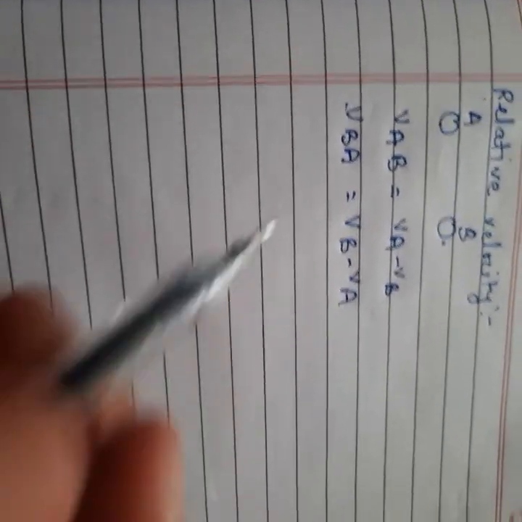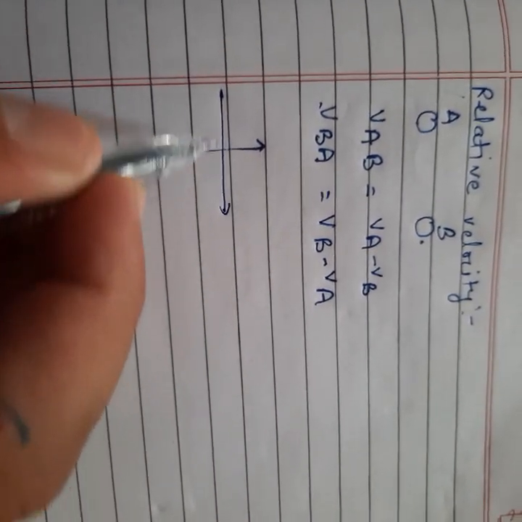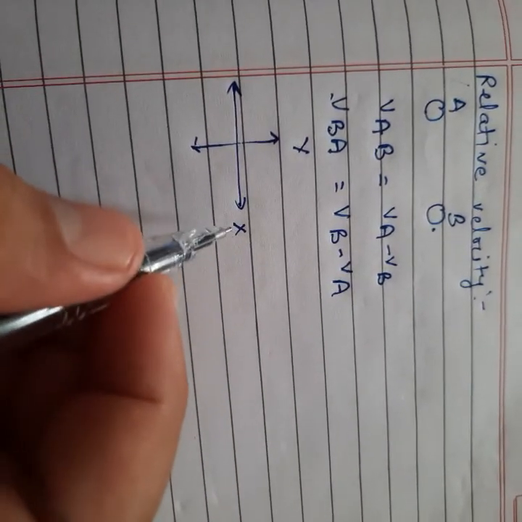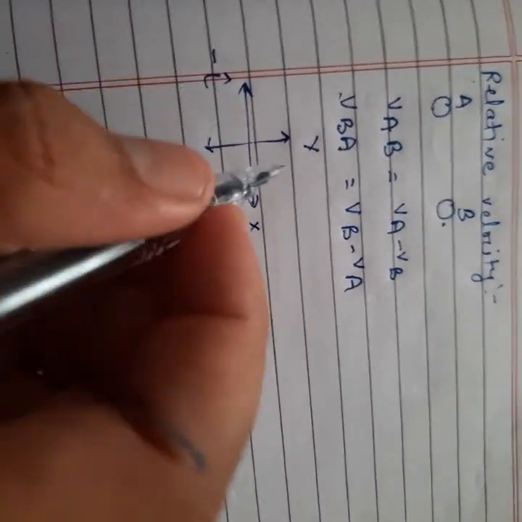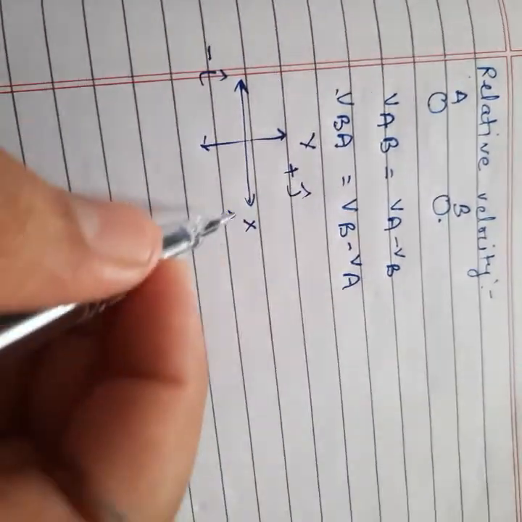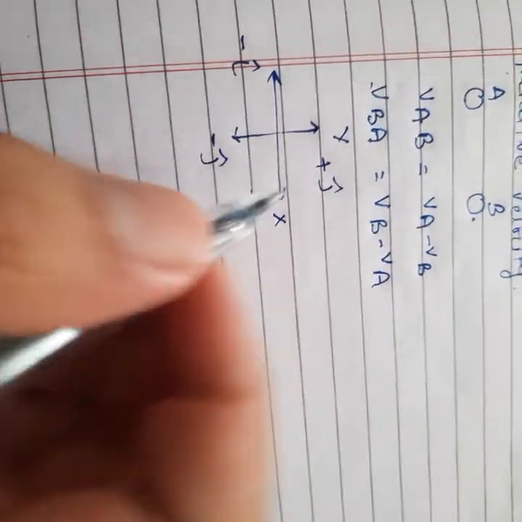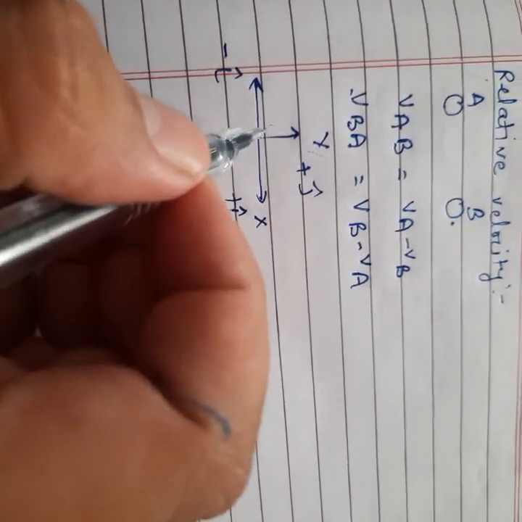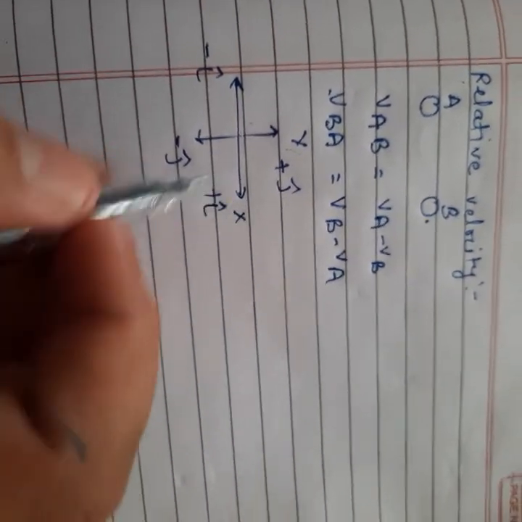Before that, I am explaining some related things. We have an axis frame: this is our x-axis, this is our y-axis. We denote the x-axis direction by i cap, so in the opposite direction it will be minus i cap. In the upward direction it will be plus j cap, and downside it will be minus j cap. If anything comes downside we take minus j, moving upside along the vertical axis we take plus j. Along the horizontal axis, if it is moving in this direction, the east direction, it will be plus i, and in the opposite direction minus i.